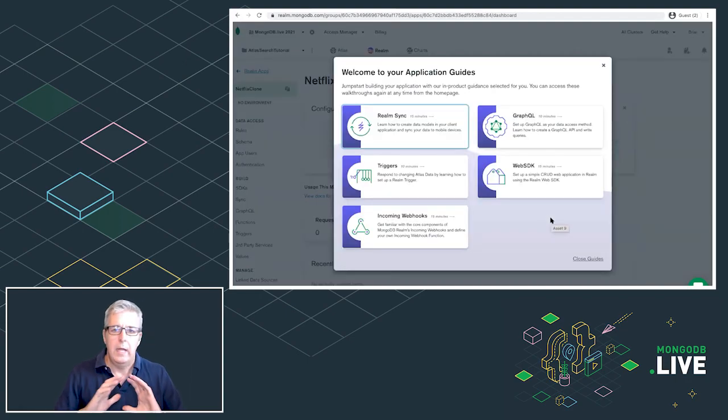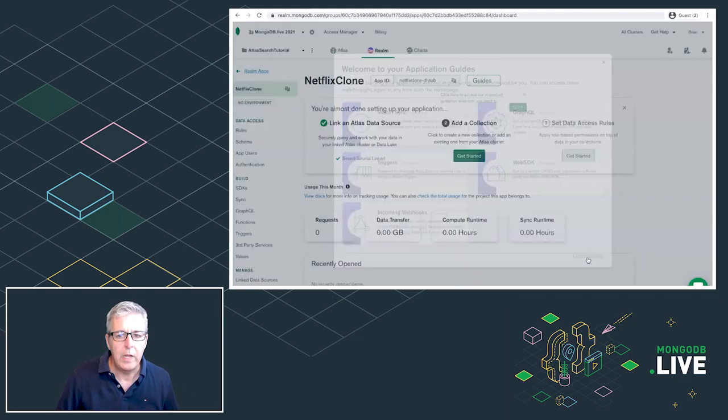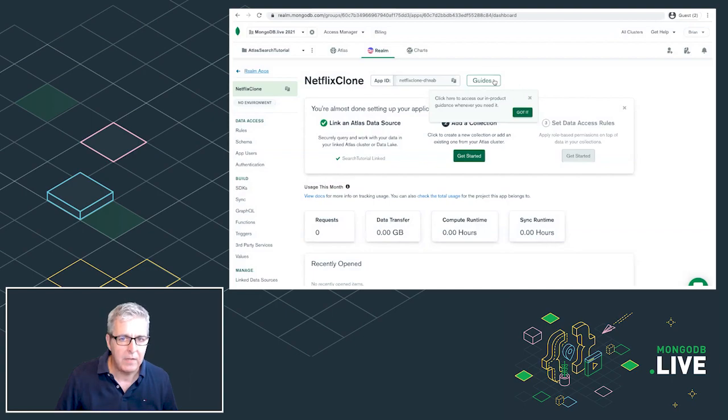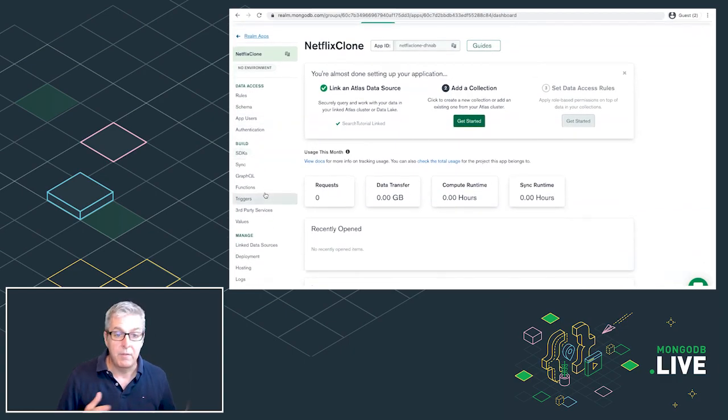And so, as I'd mentioned, there's a ton you can do with Realm. It's going to offer you these guides. Go ahead and close these. If you ever want to get back to them, they're right up here. So by all means, I would encourage you to do that. And you see there's this large menu on the left of things we can do in Realm. Again, extremely powerful. We're going to do one simple thing, which is create a third-party service.